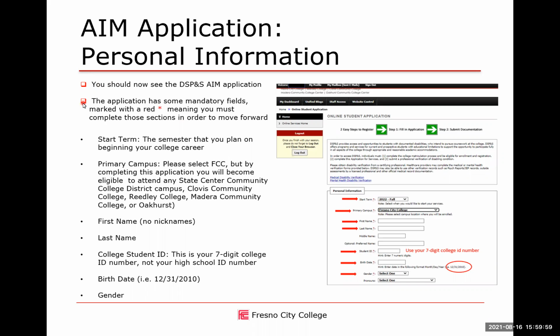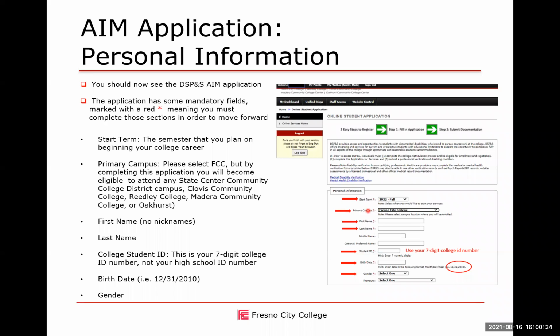The application has some mandatory fields marked with a red asterisk, meaning that you must complete those sections in order to move forward or submit your application. For the start term, this would be the semester that you plan on beginning your college career. For today, we're going to use the example of 2022 fall.